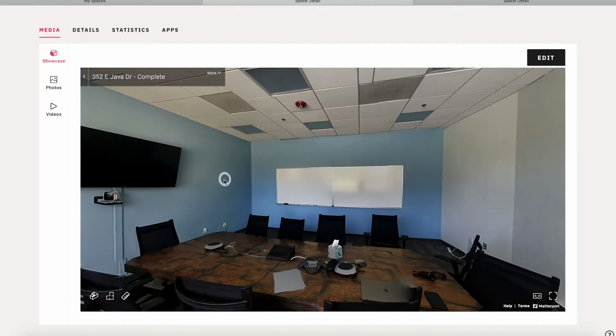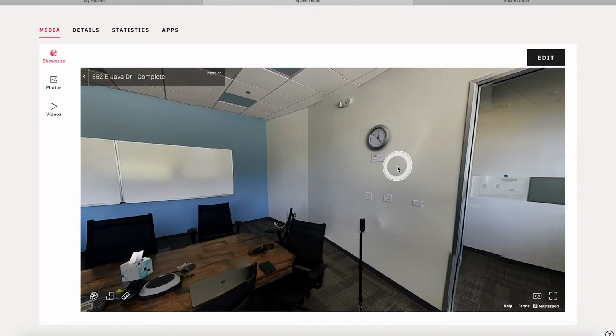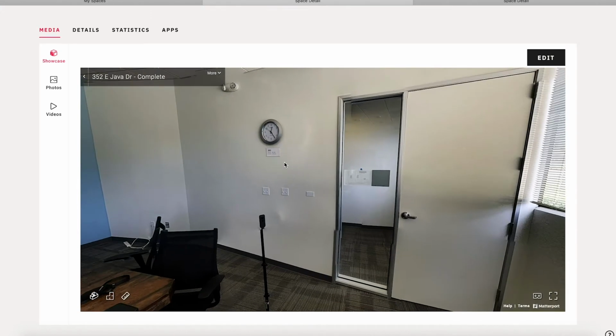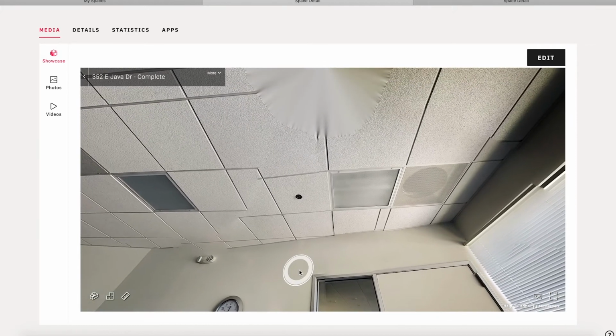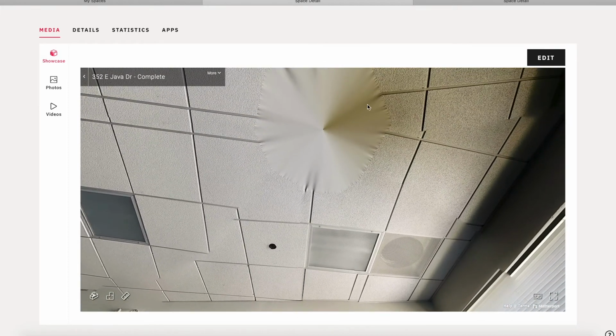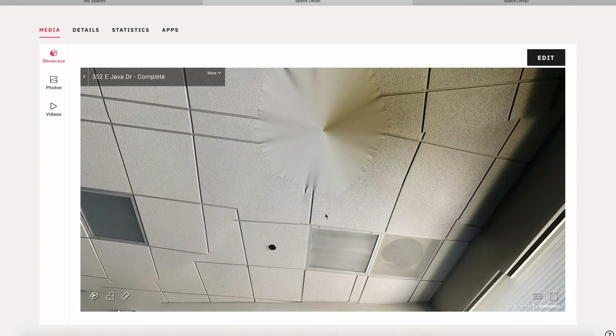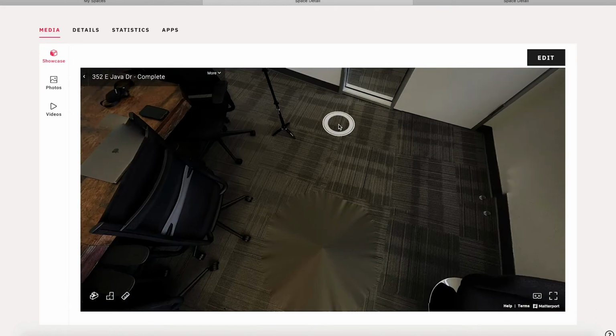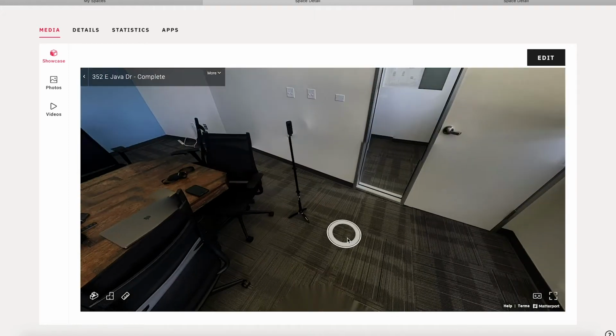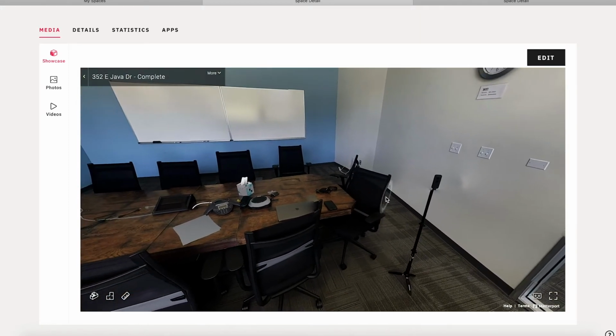Now as you can see, when I move around this model or rotate around this single scan position that I had captured, you can see everything from the very top. There's just a little bit of blurriness up here at the top that wasn't captured. And same thing at the bottom. It's just a little tiny bit, but most of it is captured, and this is exactly why it's called a